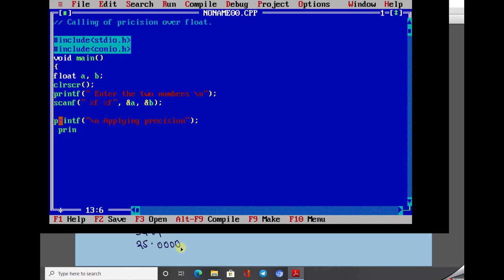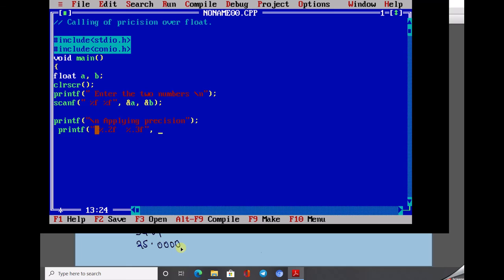So I am just here writing printf this. So I want to apply the precision over the first number for 0.2, so I am just writing here percentile 0.2 f. Okay, and for the second value what do I want? 0.4. Okay, 0.3. Let's take the check for the 0.3. 0.3, then quotes close, then your semicolon, then for which value?